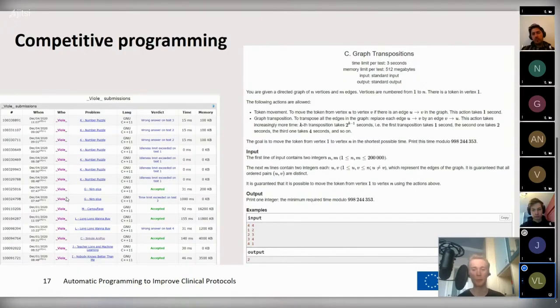In competitive programming, you have these websites that publish a task. They publish a task described in natural language, so it's described in English in this case. And it has examples attached to it. So they have input-output examples. And after the competition has finished, they also have collected all of the submissions. So you have a lot of examples of good programs. And so competitive programming is, you can think of it as, an ideal data set for program synthesis